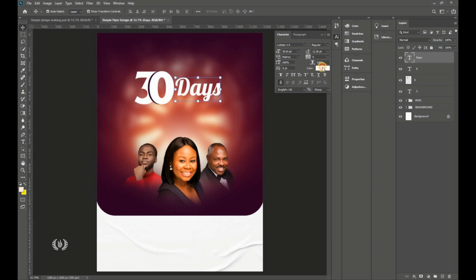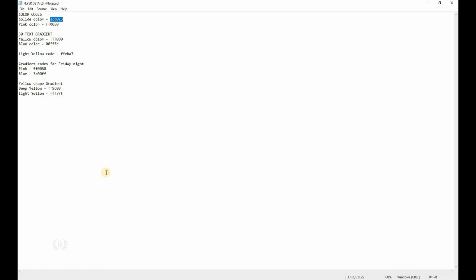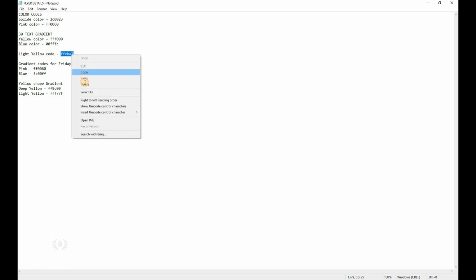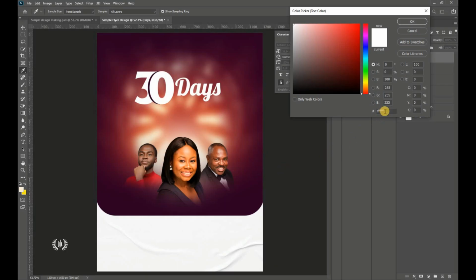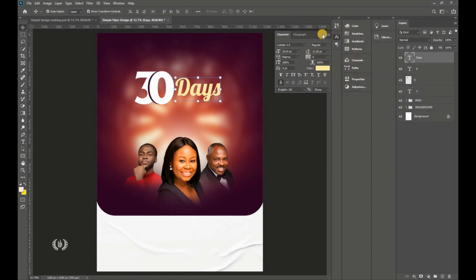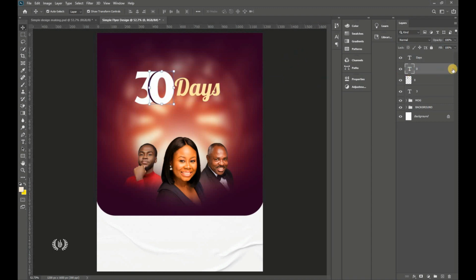Alright guys, so this is it. Click inside it, color palettes like that, and all you're going to do with the color palette is to sample this light yellow color code and paste it right here for the days. Okay guys, so yeah, we're actually going to work on the gradients of the